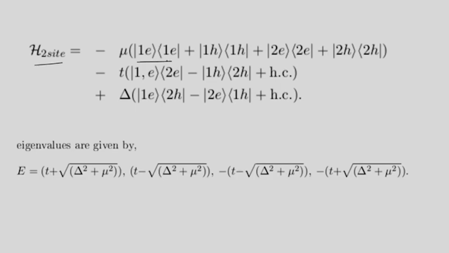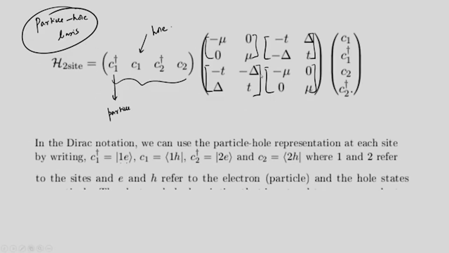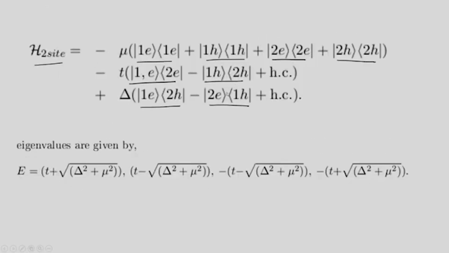So, now we have written it as kets and bras of 1 electron, 1 hole, 2 electron, 2 hole, and then 1 electron 2 electron, 1 hole 2 hole, 1 electron 2 hole, and 2 electron 1 hole. So, that kind of a basis, and nevertheless you can also diagonalize this Hamiltonian, and this Hamiltonian gives rise to the eigenvalues, which are given by these 4 eigenvalues, which are